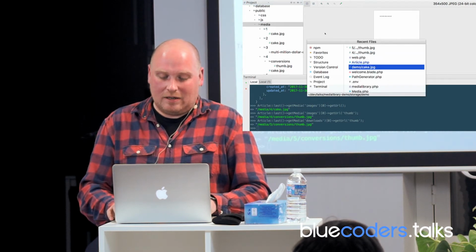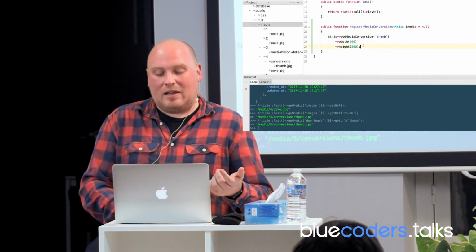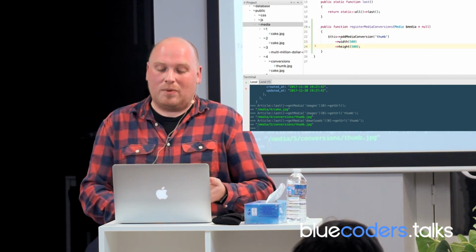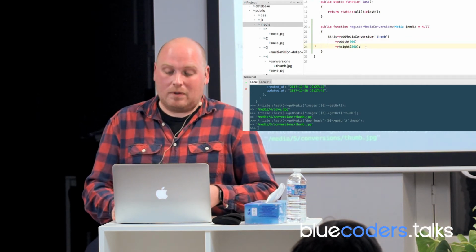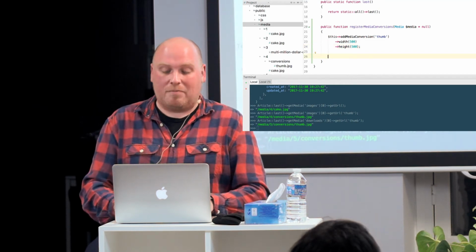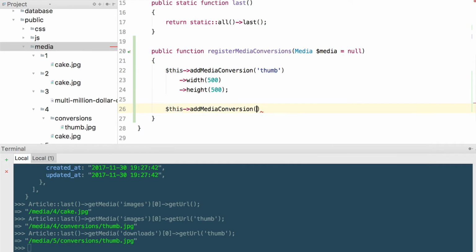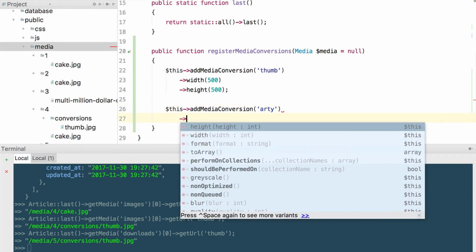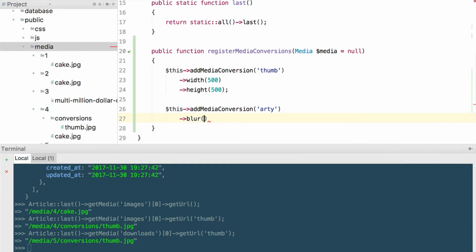Let's go back to the article model. So I've demonstrated here that you can have a thumbnail and you can constrain the width and the height, but you can actually do a lot more. An article, or a model, can have multiple media conversions. So if I want to have another media conversion, maybe arty, something like that, what are we going to do? We're going to make it, let's blur it a little bit,